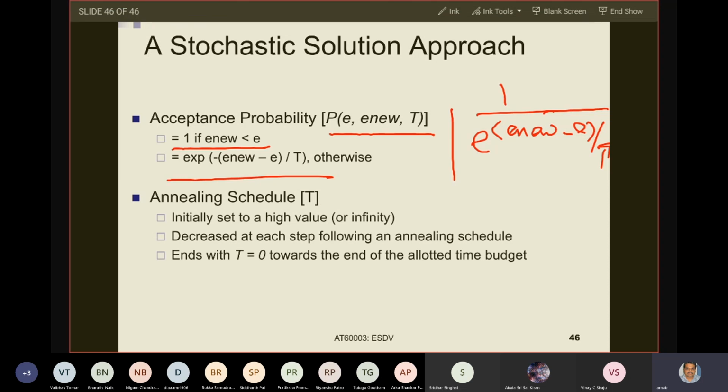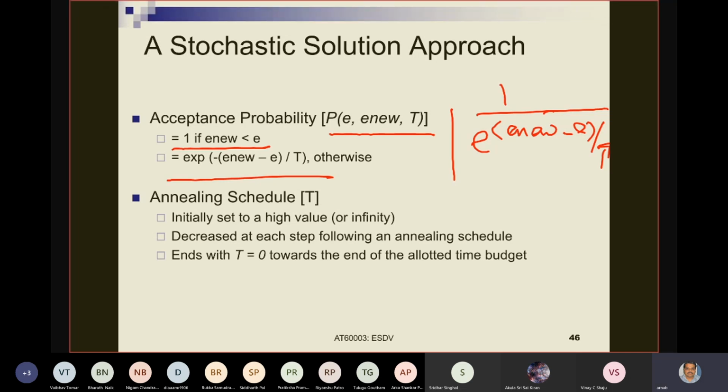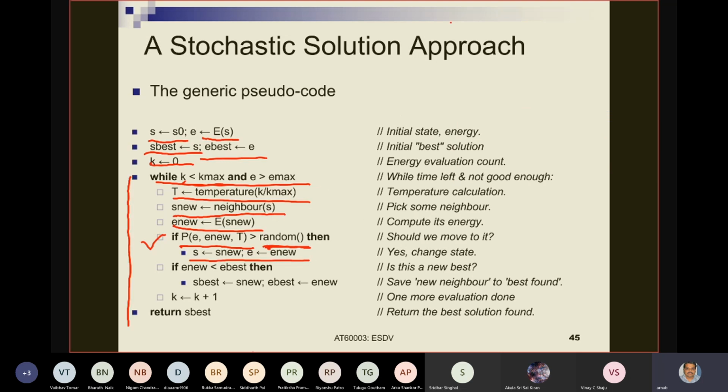So initially the probability of accepting worse solutions is very high. As the iterations proceed, the probability of accepting solutions which are worse than the current solution decreases. Right. So now with this understanding, we go back to this algorithm, slide number 45 again. So what essentially is happening? You go on from the current solution, you generate a neighboring solution and go to the neighboring solution. If the neighboring solution is better than the current solution, you always accept that.